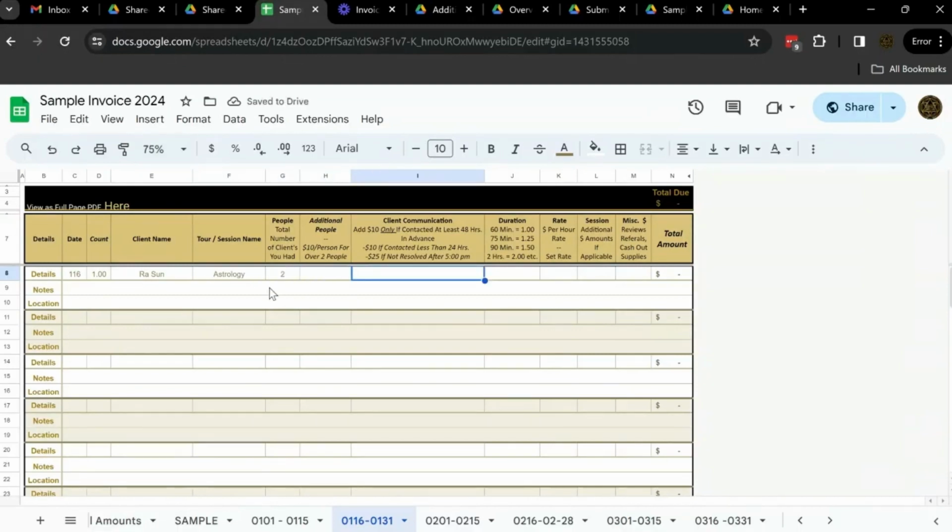And as far as client communication, so we do offer bonuses when you reach out at least 48 hours in advance. You can input an additional $10 there. If it's less than 48 hours, so between 48 hours or 24 hours, that amount would be 0. If it is, however, less than 24 hours, or if not resolved after 5 p.m. the day prior, it would be these set amounts that apply. So it would be -10 or -25,